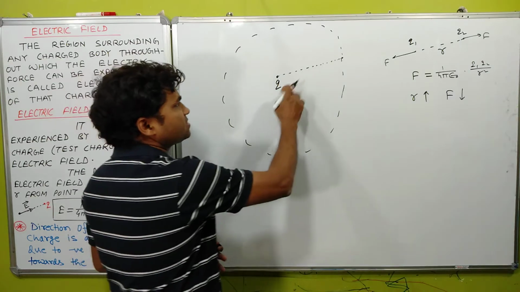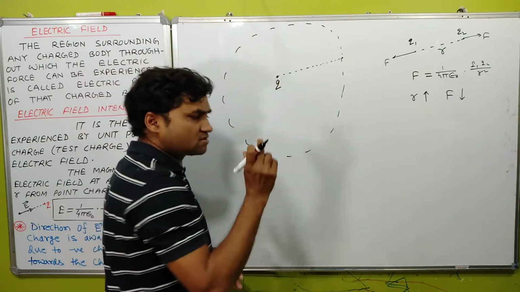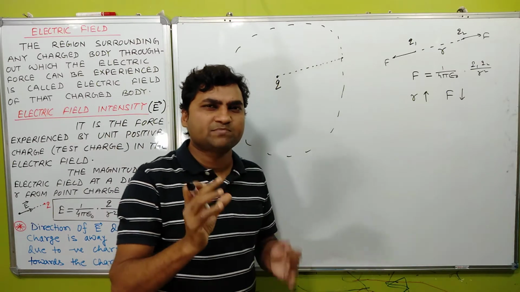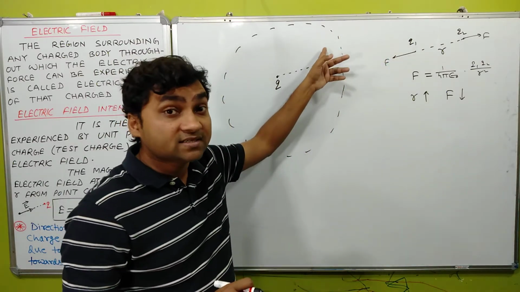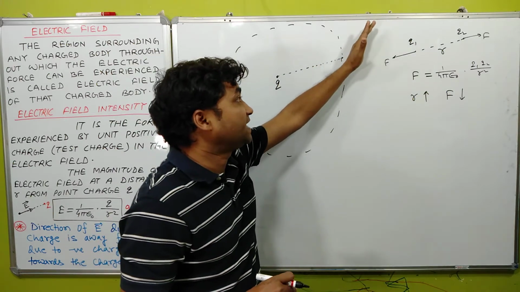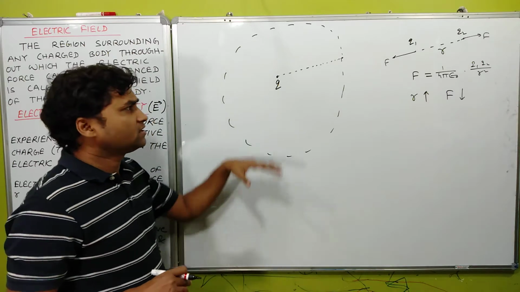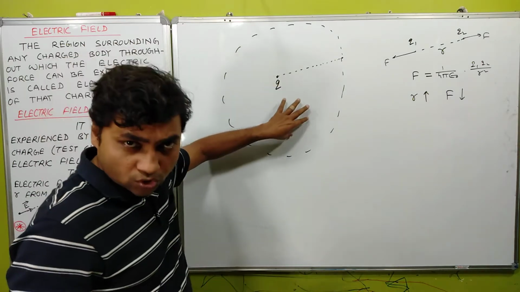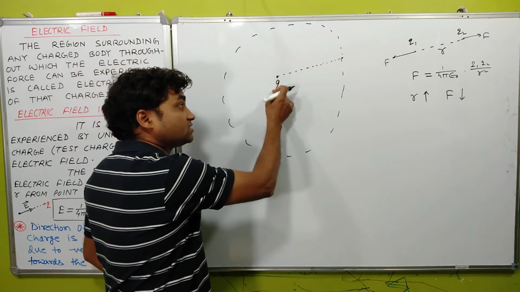So only in the region surrounding any charged particle, a considerable value of force can be experienced by any other charge, if that charge comes in this region. So this region surrounding any charged body is known as electric field of this charged body,